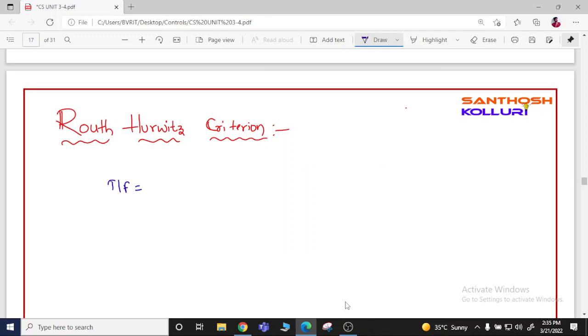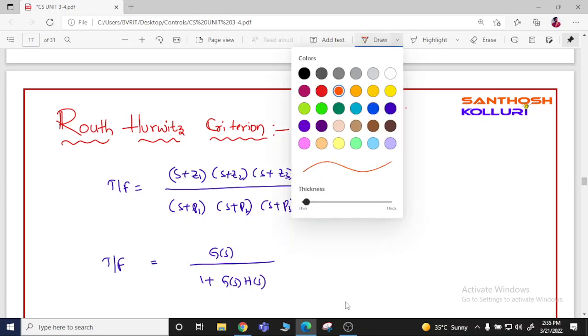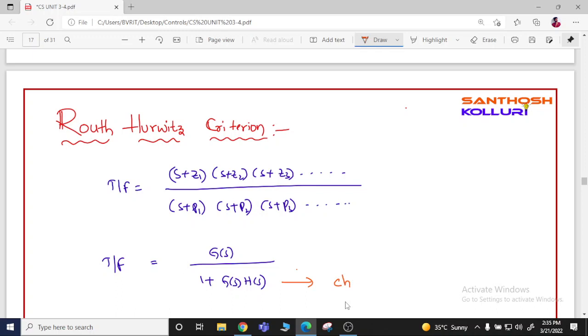So standard transfer function: s plus z1 into s plus z2 into s plus z3 and so on, divided by s plus p1, s plus p2, s plus p3, like this. So this is a transfer function. In general we will be representing it like G of s by 1 plus G of s into H of s. So this is our generalized transfer function. Out of this, the denominator term is called the characteristic equation